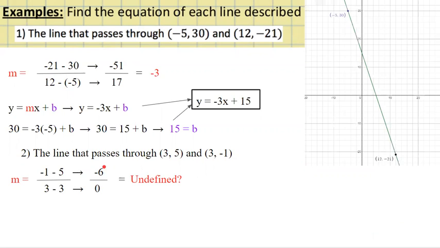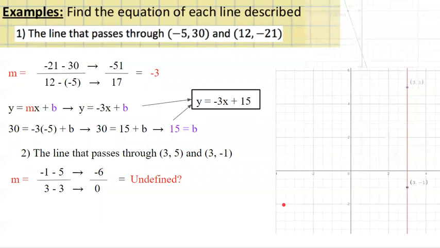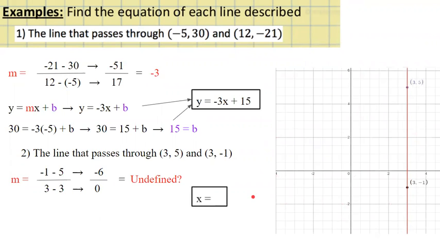In fact, if we graph the 2 points and draw the line between them, we'll get a vertical line, and we can see that this line doesn't have a y-intercept either. In this case, we'll have to rely on the properties of graphs that we have seen before. If you've encountered graphs that are just vertical lines, you might remember that the equations look like x equals something. Well, the graph of the equation is the set of points that satisfy that equation, and the 2 points we're given have an x-coordinate of 3, so the equation of this line must be x equals 3,